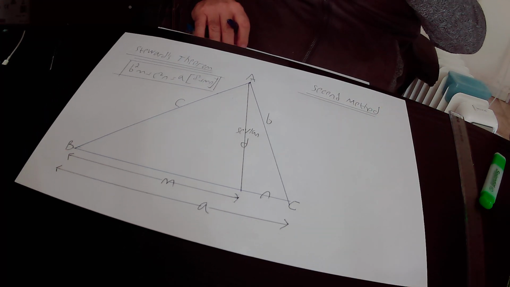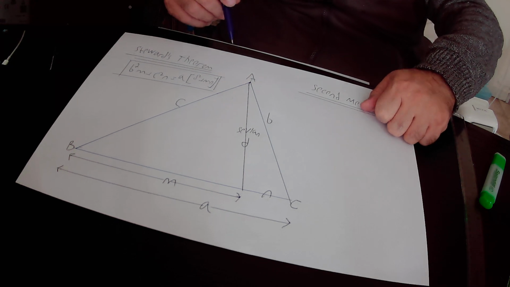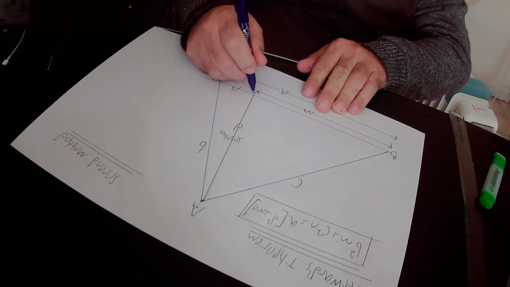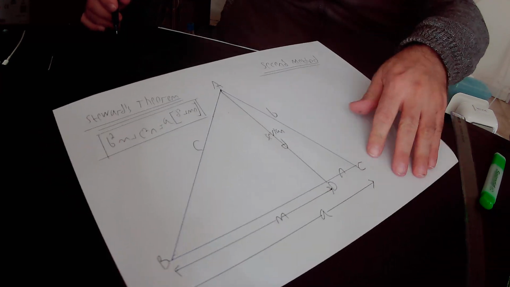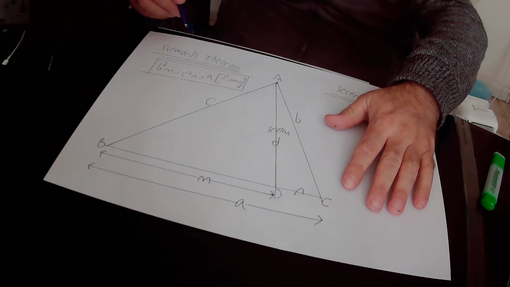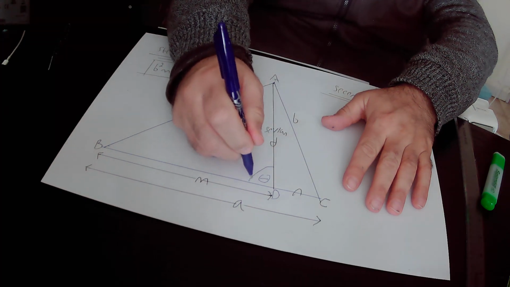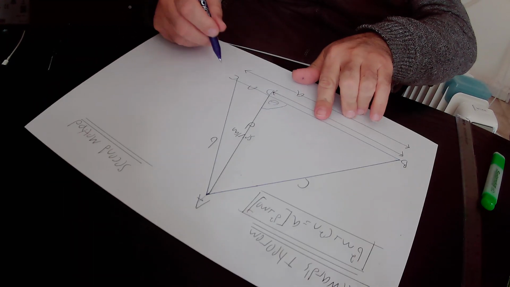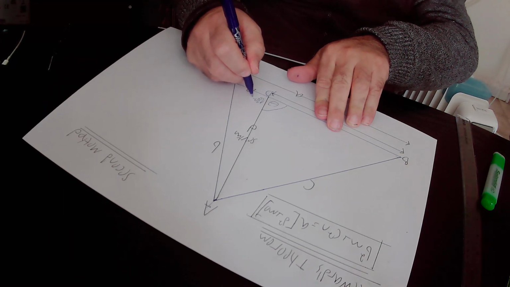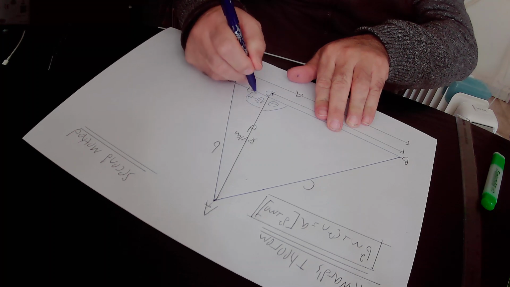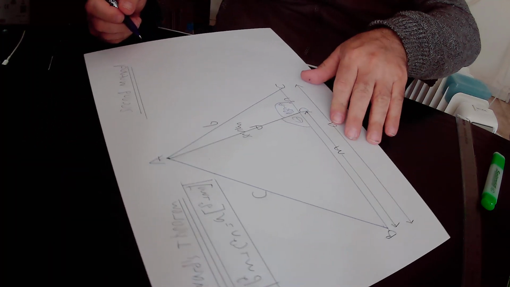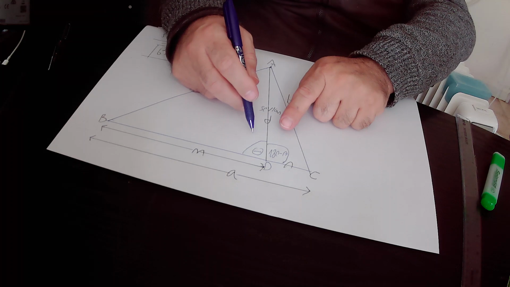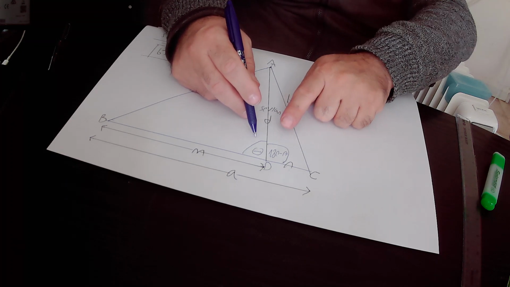In the second method, we will define this angle ADB as theta. Therefore, the adjacent angle ADC must be equal to 180 degrees minus theta, according to rule number 1, that the sum of the angles on one side of a straight line is equal to 180 degrees. BC is a straight line. If we focus on the upper side of the straight line BC at point D,